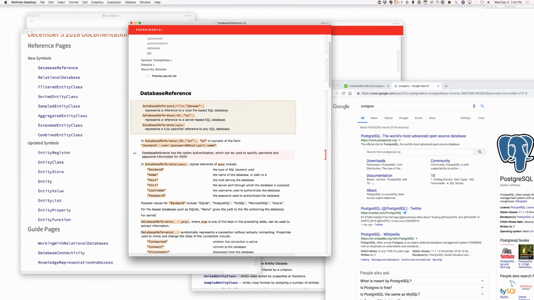For server-based databases. You typed served. Thank you. Are you hungry? No, I'm actually not. For server-based databases,